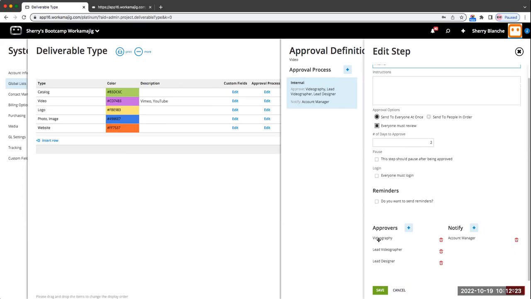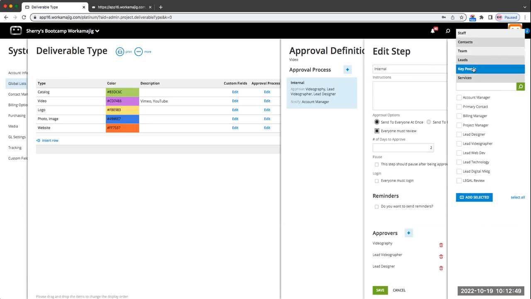I can also add approvers based on a service. What's nice is it's very similar to your project templates and schedules, where I know what services but I don't know who. This is the same concept. I don't know who, but I know what the service is and what key people I need whenever I route this type of deliverable. So when we add approvers, you not only get people,